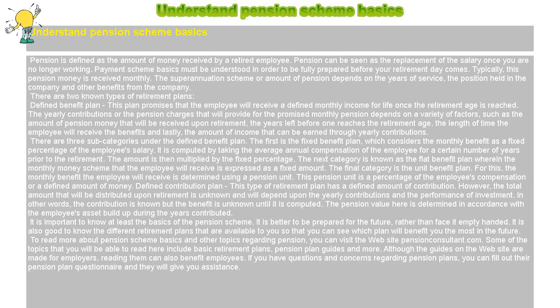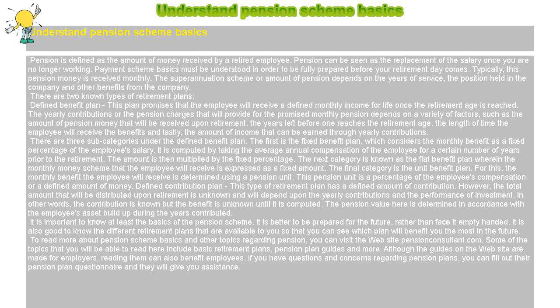There are two known types of retirement plans. Defined benefit plan. This plan promises that the employee will receive a defined monthly income for life once the retirement age is reached. The yearly contributions or the pension charges that will provide for the promised monthly pension depends on